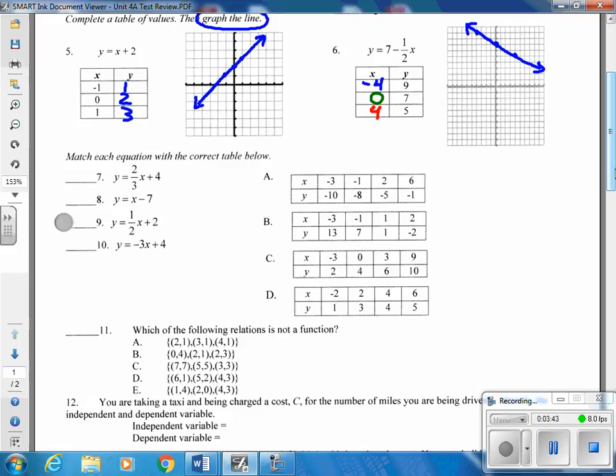Right? Well, one of the fastest ways that we talked about was the starting value, if it's there, or the pattern. And if you look at your problems, all of them have a different pattern in front of the X. So that's going to be the fastest way to pick which one goes with which piece, right? And remember, for the pattern, it's always the change in Y over the change in X as a ratio, right? So I'm going to pick any 2 numbers on the graph, and I tend to pick the later 2 in the table just because they're positives and easier to do than the front 2 are, but you can pick any